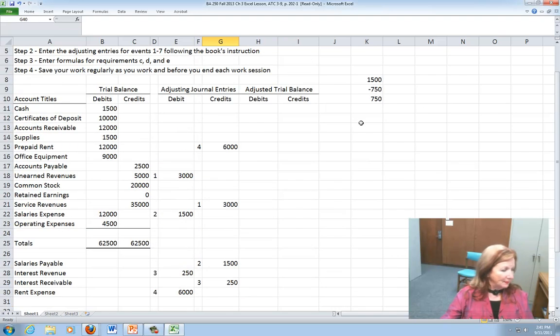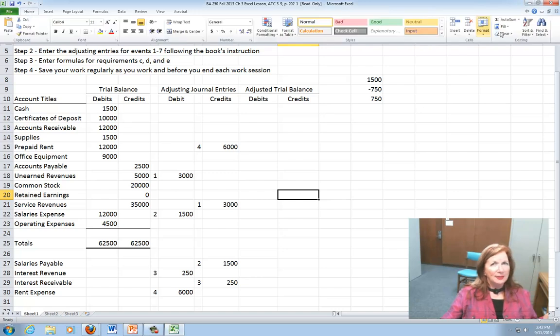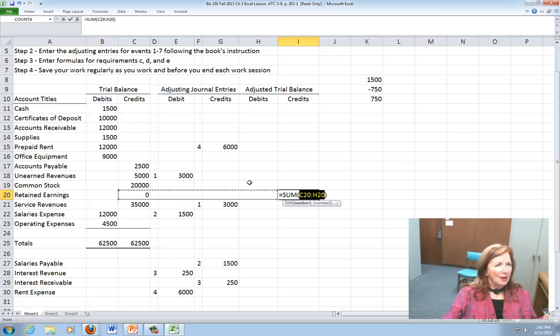Now, the last instruction says, develop a formula to derive the adjusted balances for the adjusted trial balance. And then it gives you an example of unearned revenues. So if we look at unearned revenues, they're right there on line 20. And it says that I want to go to the Home tab, tell the sum that I want it to be,